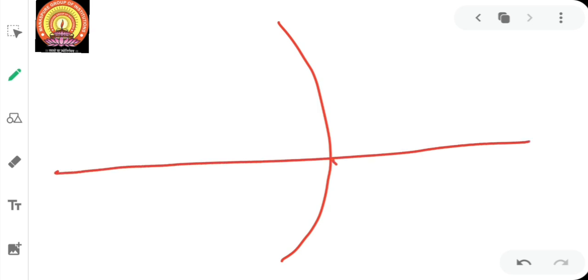So now assume a spherical concave mirror over there. Suppose that this is our concave mirror. As we all know, in a concave mirror there is a principal axis, this is the pole, here is the center of curvature, and somewhere here we will put the focus. Now the rules which we studied yesterday would be helpful. When the object is placed between the pole and the focus, the object is somewhere here in between them. So let me start with it. Suppose this is the object over here somewhere.